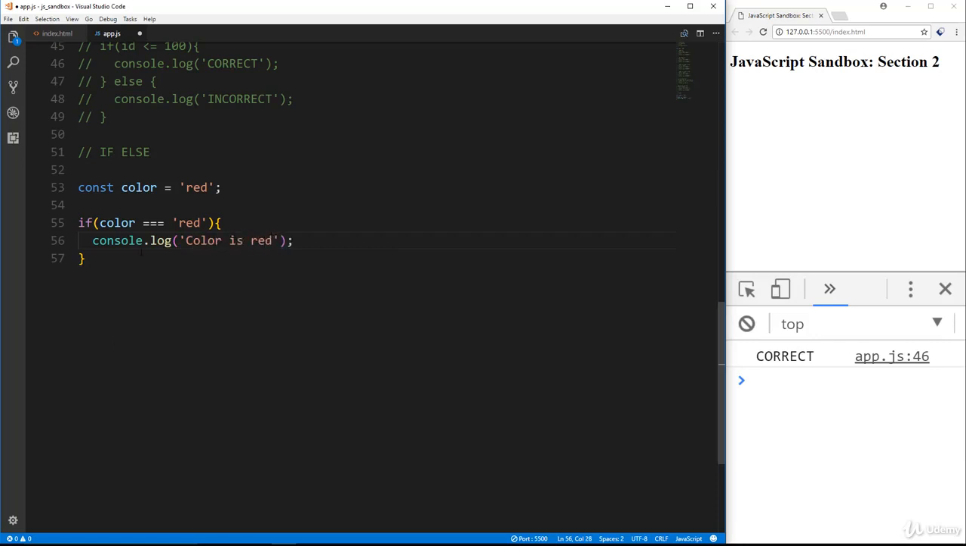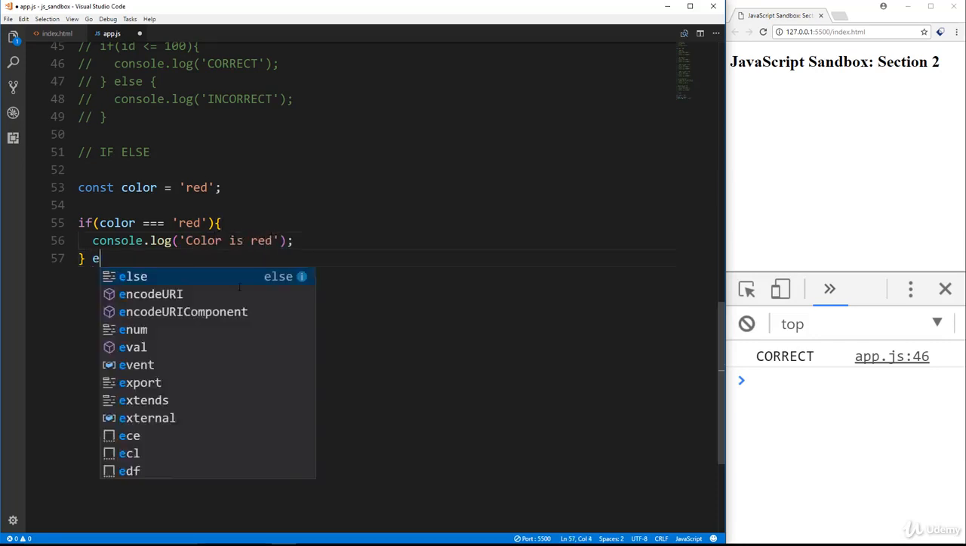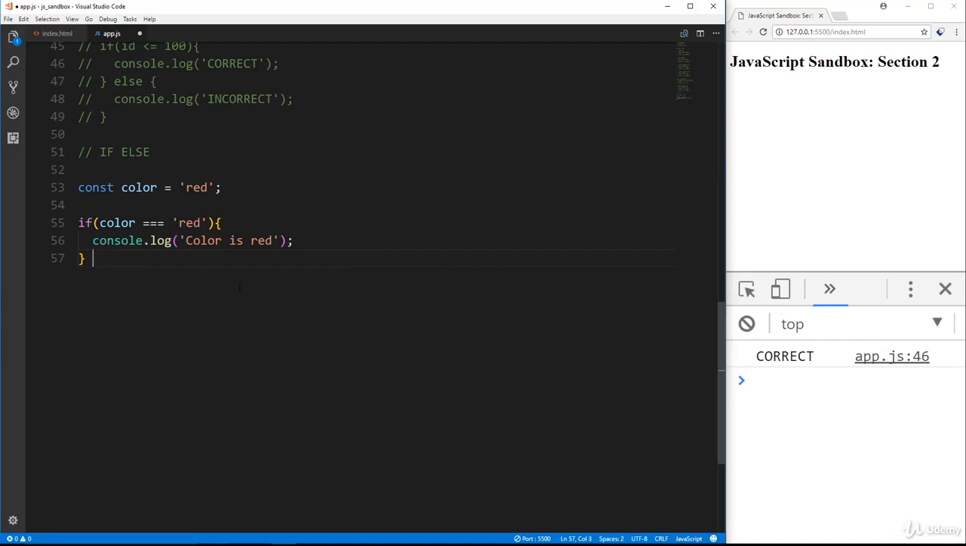color is red. All right, and then instead of doing just else like we did above, we can test other conditions by saying else if and then another condition. All right, so what we'll do here is we'll say if color is equal to blue, then we'll console.log color is blue. Okay. Now, if I save this, we're going to get color is red. Okay, if I change it to blue, we'll get color is blue. Now, if I change it to yellow,